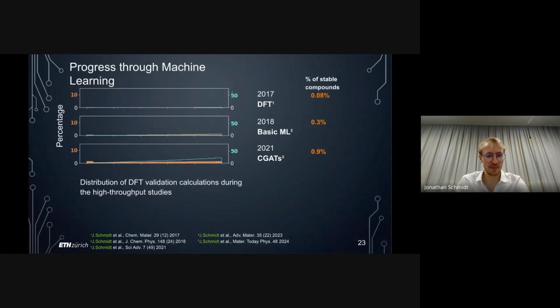And so just to illustrate the journey, we can look here at the distribution of our DFT validation calculations during these high throughput studies. So in 2017, we basically cannot see anything here. Oops, the scale is missing. And here, I think this should go up to 100 millielectron volt per atom distance to the convex hull. And now we have the percentage of stable compounds here. So here we have in the beginning 0.08% without machine learning, and then with some basic ML, and then the crystal graph attention networks, we could go up to